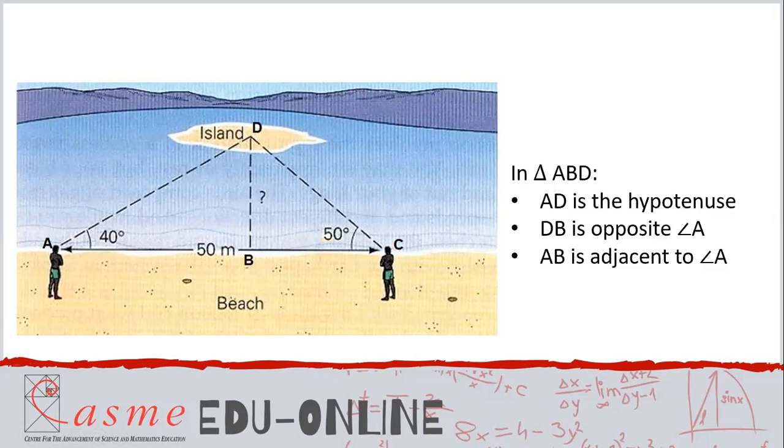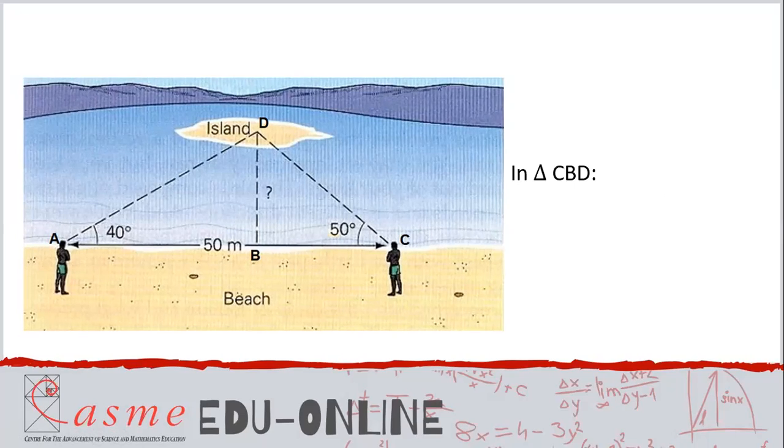And then AB is adjacent to angle A. Now the adjacent side is one of the arms of the angle, which is not the hypotenuse. That is very important. Now, if you go to another triangle in the diagram, the triangle CBD,